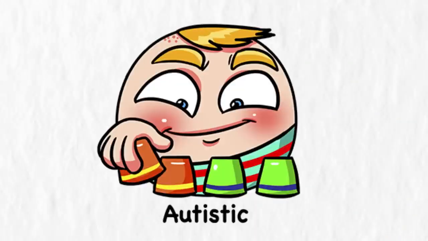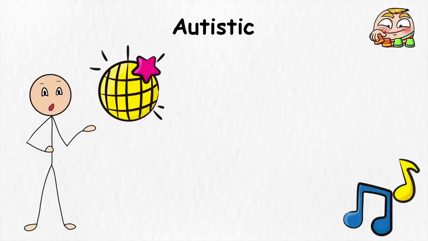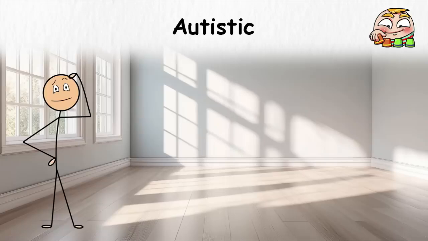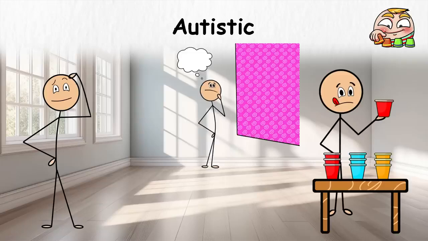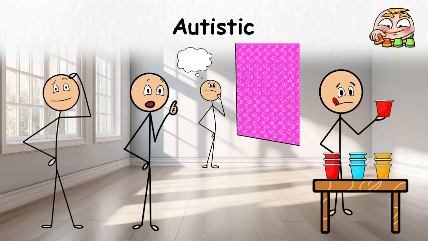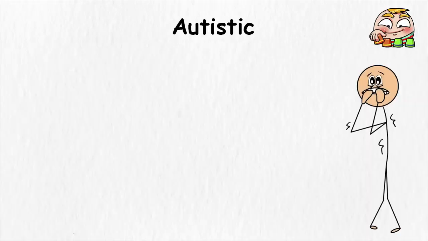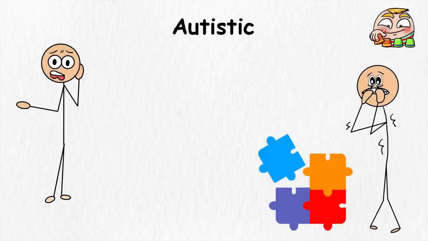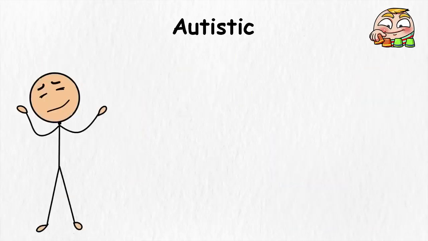Autistic disorder, classic autism. So let's say you're at a bustling party. The music is thumping, people are mingling, and someone is doing the worm dance in one corner. But while everyone else is mingling, you see this guy at the end of the room who's busy lining up the plastic cups by color, memorizing the patterns in the wallpaper, and reciting the entire dialogue of Finding Nemo accurately. Like scary accurately. Well, what you've just witnessed is classic autism in action. And guess what? That's not being weird. That's just a different way of showing up in the world.